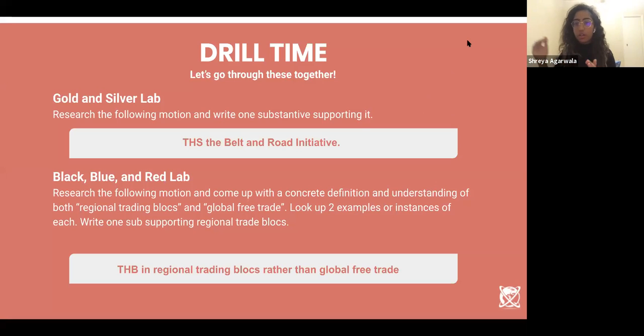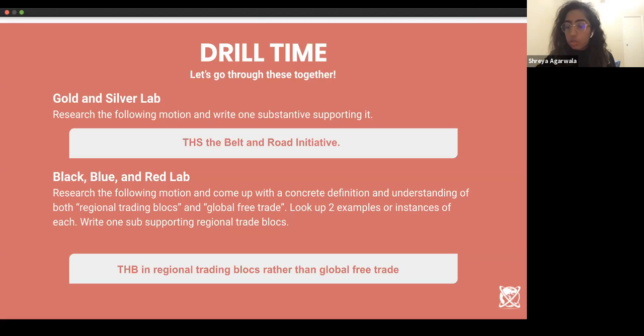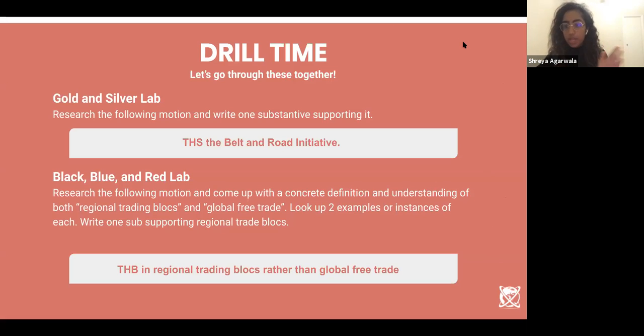It doesn't have to be a fully written sub, but just the general overarching concept and the two or three sublayers that you would have for the substantive, and make them specific to economics rather than any moral policy. So try to use those ideas of supply and demand, use the ideas of specialization, etc. for your arguments. So it is 12:22 right now. We will come back at 12:37, discuss for 10 or 15 minutes, and then I'll let y'all go for 10 minutes before